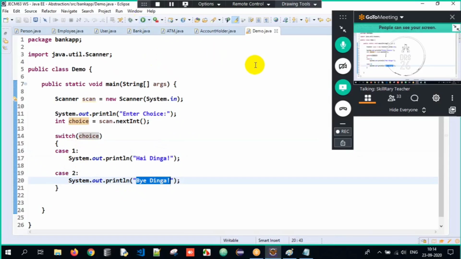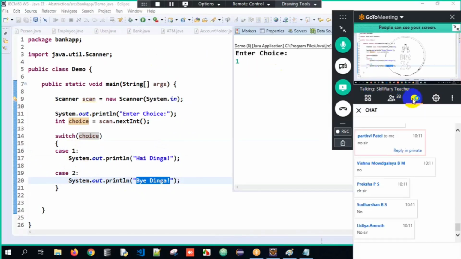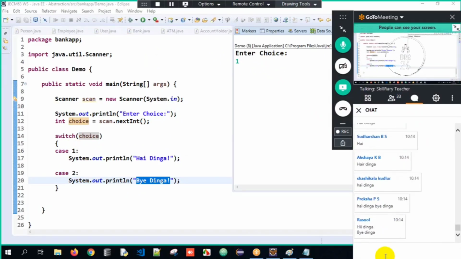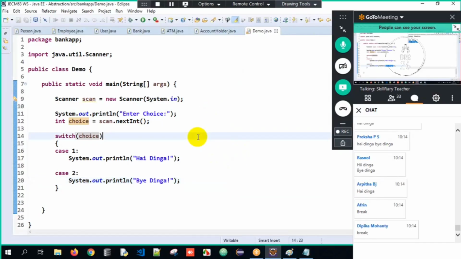Now, when I give the input as 1, what will be the output, guys? Majority of you have said Hi Dinga. But the output when I give 1 is always Hi Dinga and Bye Dinga. Why?